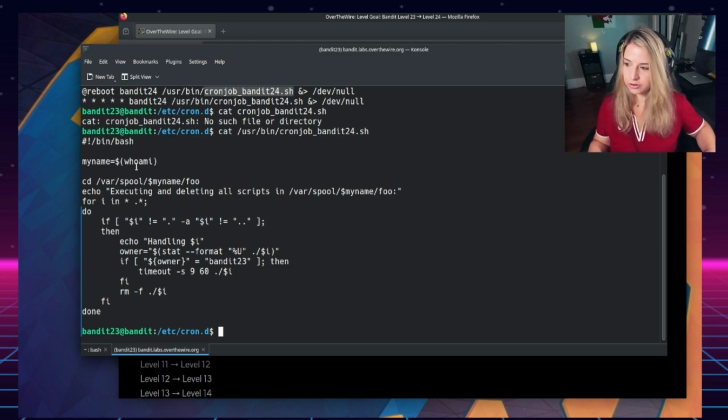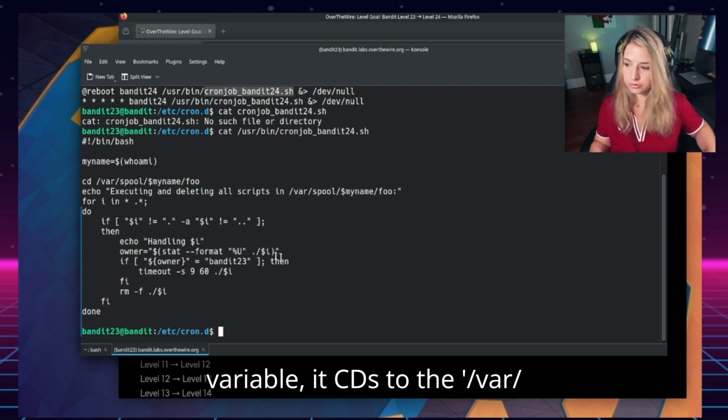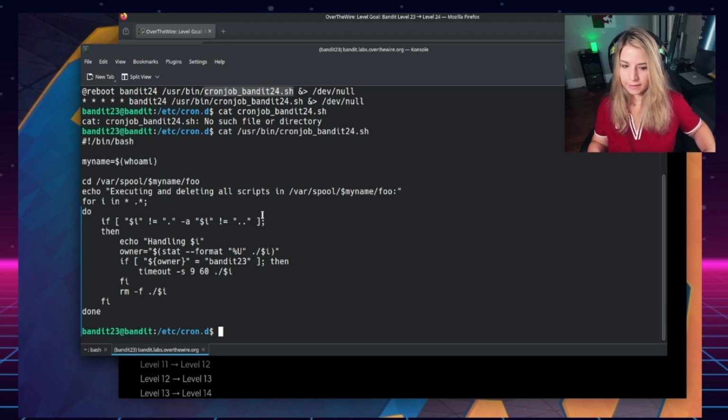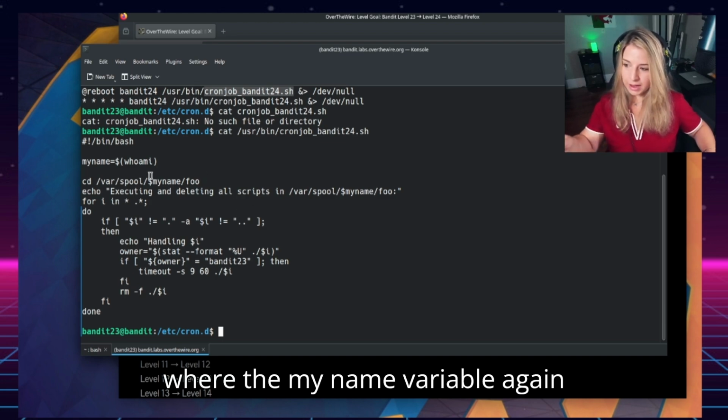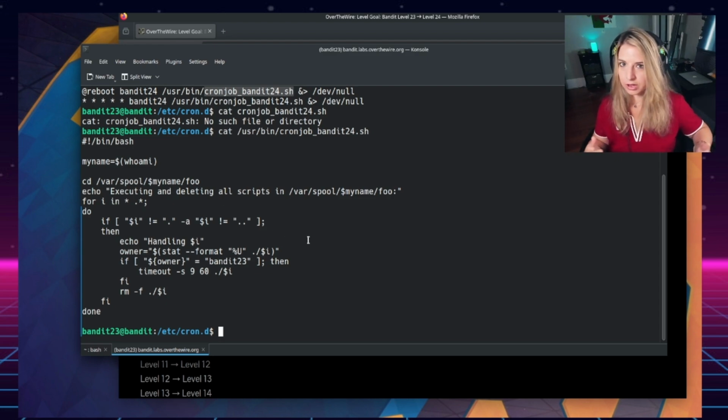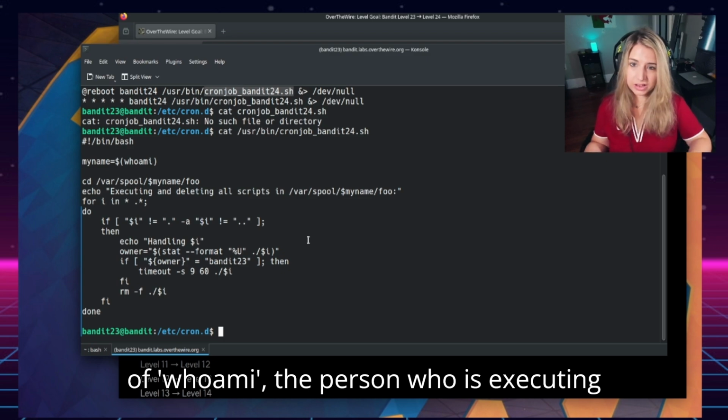After it sets this variable, it cds to the /var/spool/myname/food directory, where the myname variable again is the current user, or the output of whoami, the person who is executing the script.